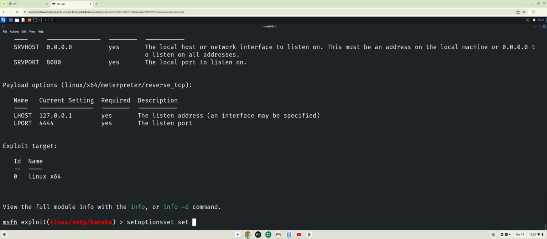So I'm going to say set payload. We're going to set that to Linux, and we want this to be 64-bit session based